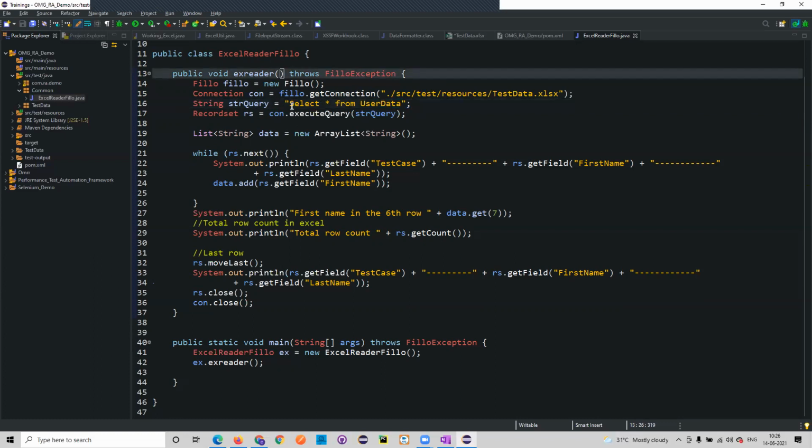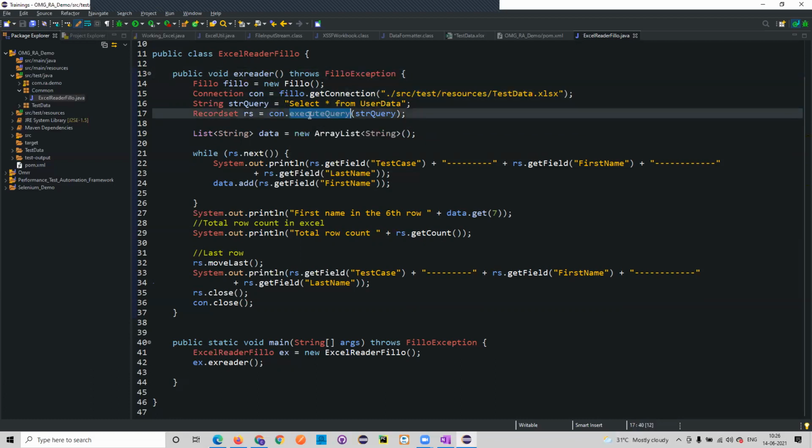Now what we will be doing is connection dot execute query. These are the methods we get from the MySQL JDBC connections as well. Now here we have another class called Recordset. These are all classes. If you understand JDBC, this is much easier.